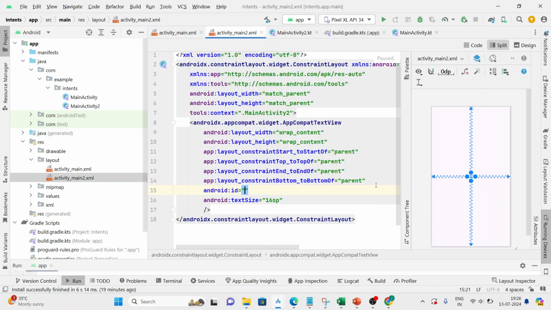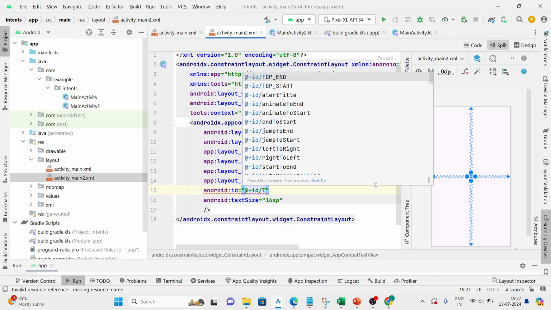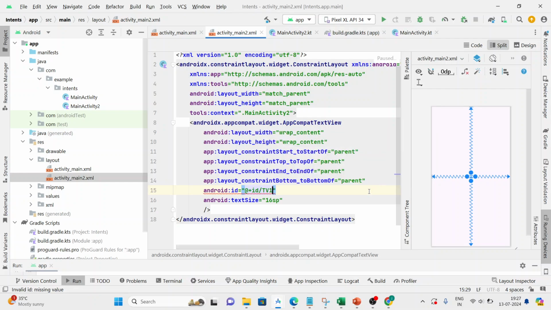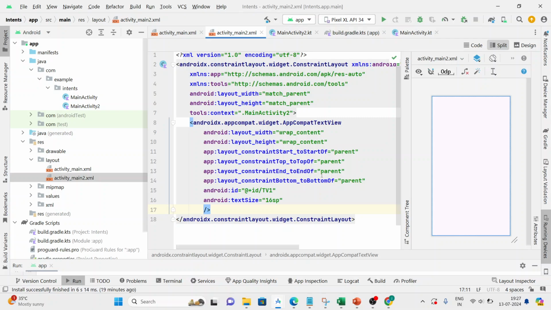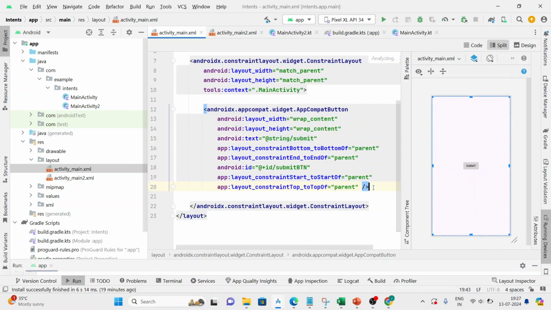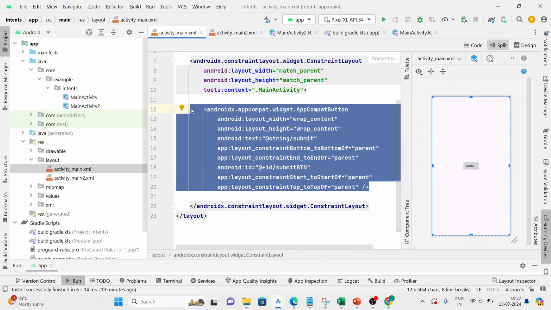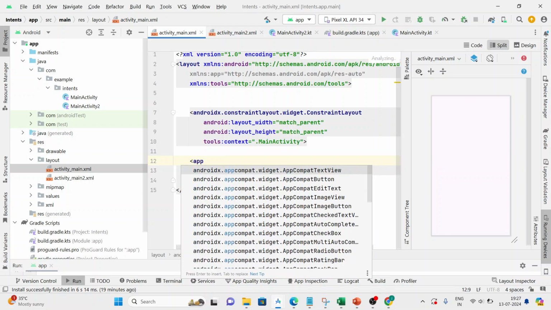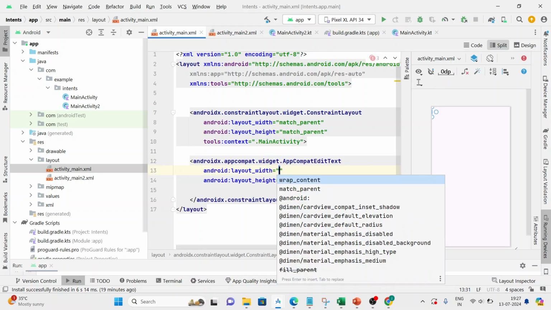ID. I will give it TV1. Okay. Now go to the first activity layout file here and let's remove one button. Let's cut it. Control X. Now I will first create one edit text over there, app compact edit text, and I will give